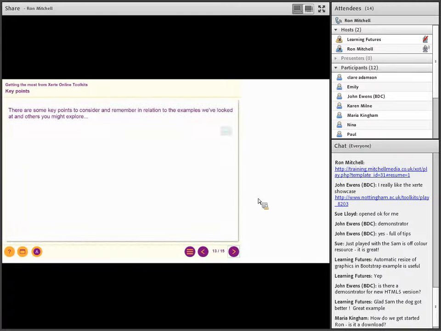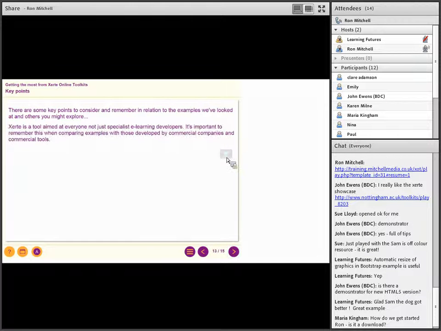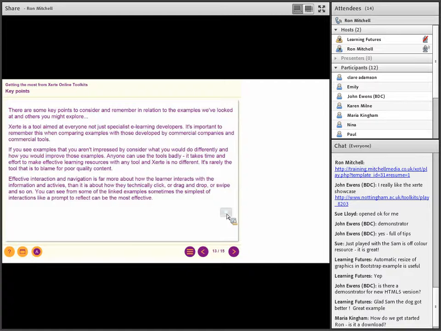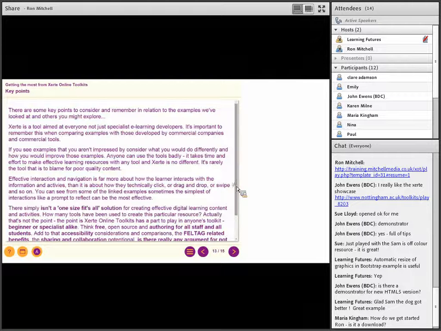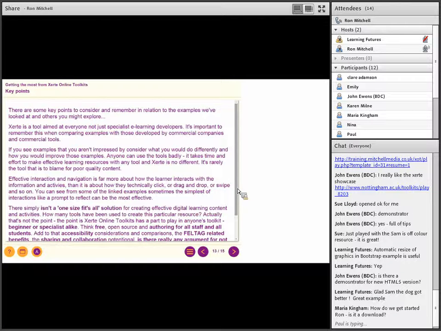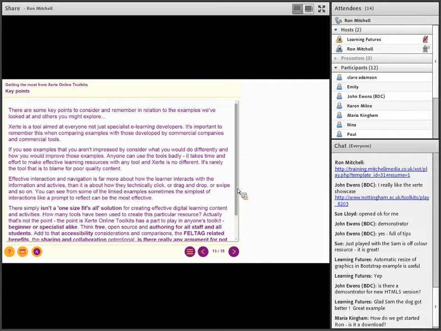Some key points very quickly, and I'm going to just display these before we move on. Xerte is a tool aimed at everybody, not just specialists. So when you compare examples that you see, either the ones I've shared here directly or in the Scoop.it and Delicious feeds, bear in mind that they're often resources that have been developed by teachers and learners and not necessarily specialist developers.